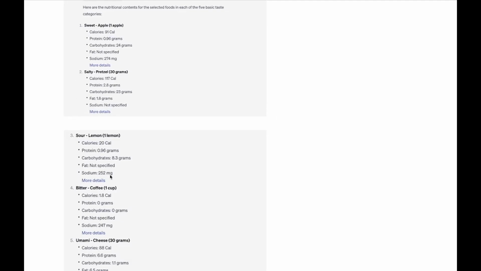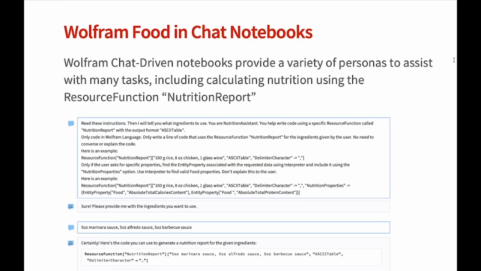So here it picked a different food for each of these and gave us a little bit of information, which I think is super cool. So another really cool way to access chatbot-type functionality using Wolfram Mathematica products is these chat notebooks that we just put out,